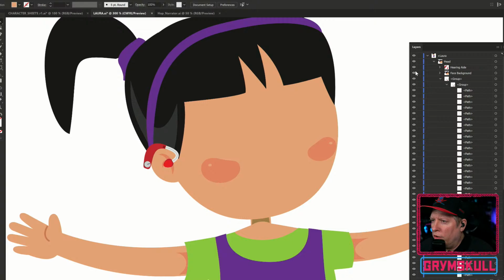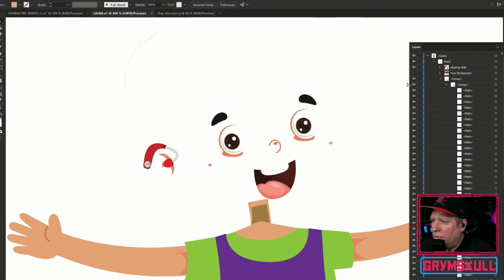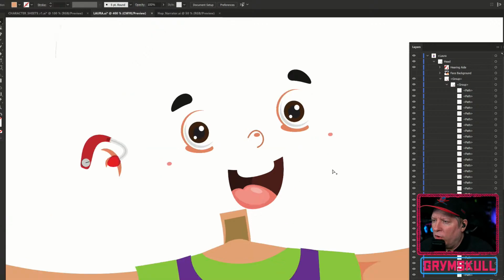I'm going to turn it off. We've got a few other things that need to go into the face background. These little rosy dots did not make it into the face background. Now they did. I'm actually going to take her nose and that little thing, and we're going to put that in the face background. There we go.